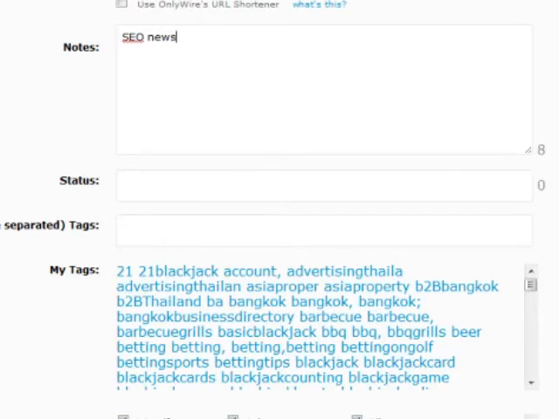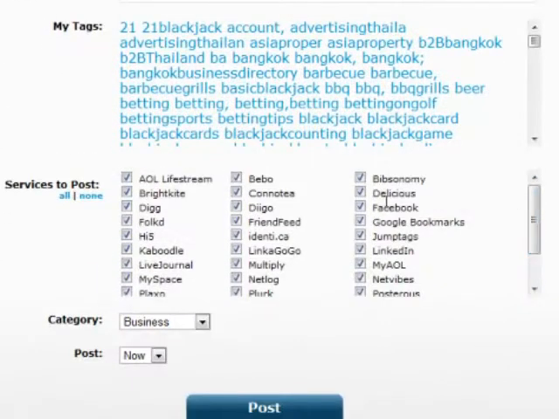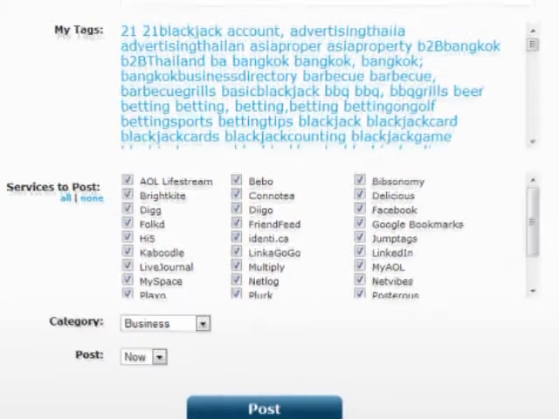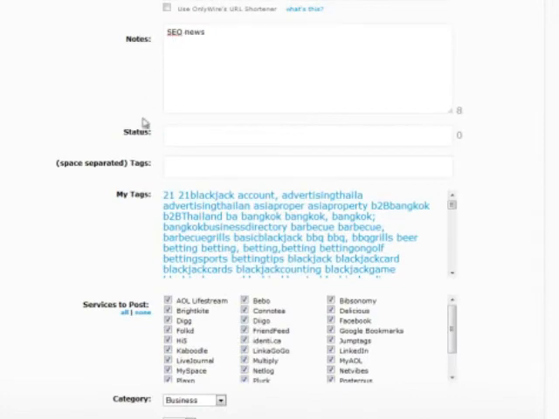If you don't want to post to Facebook, just unclick it, and then you don't have to put anything in. So you can just unclick Facebook and not use it, and then you don't have to put anything in here. Either news, notes, or status. Either one of those boxes needs something, not both. And then you put in your space-separated tags,